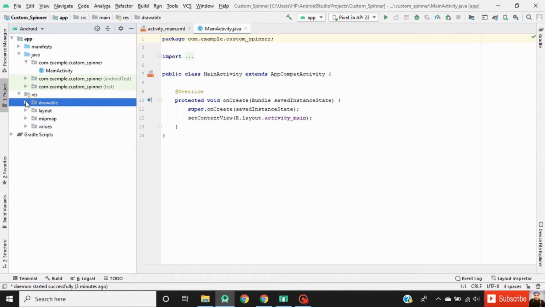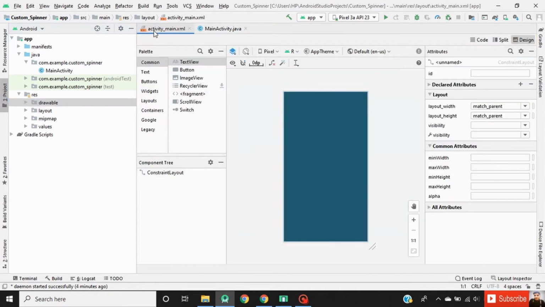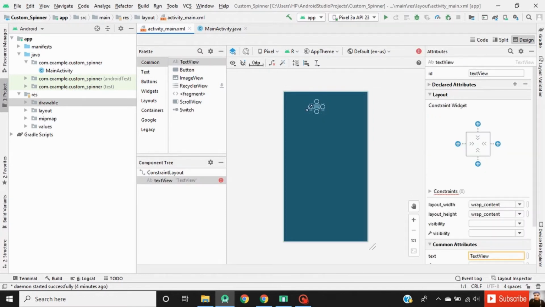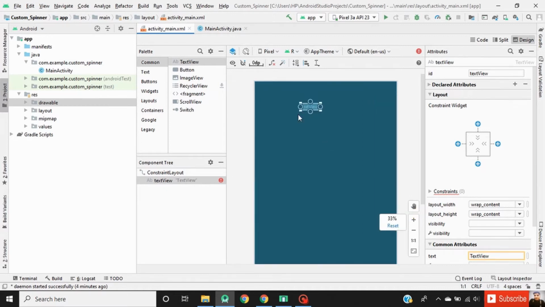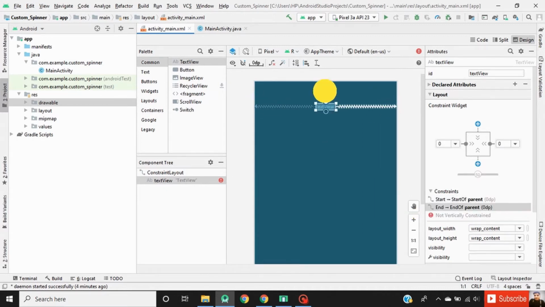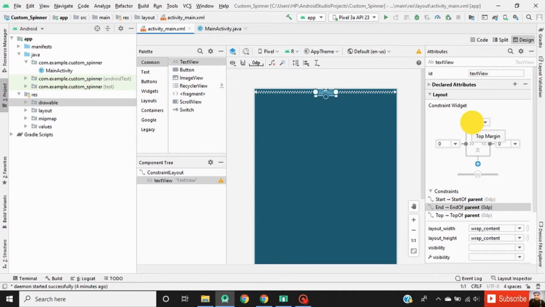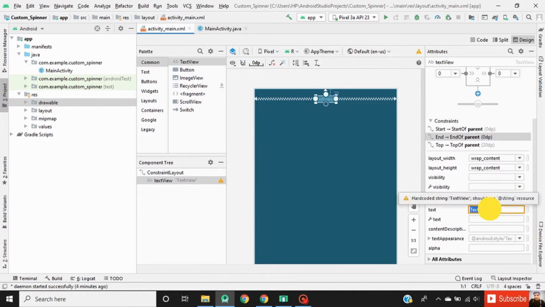Now go to activity_main.xml. Drag a text view into our activity layout. Define constraints for this text view. Set the margin to this text view. Now change the text of the text view to custom spinner.